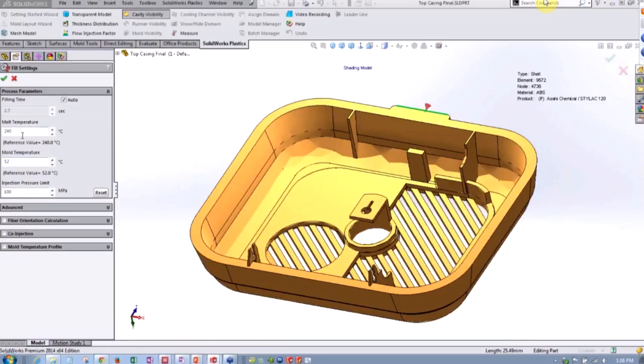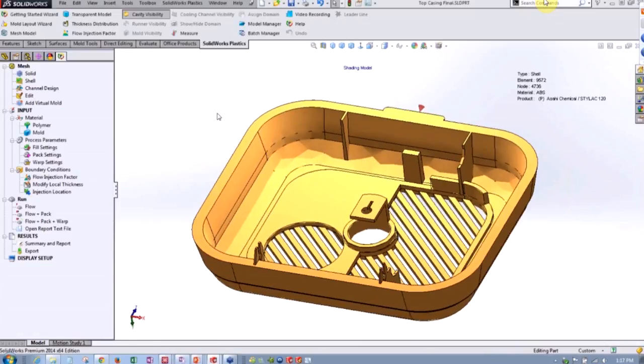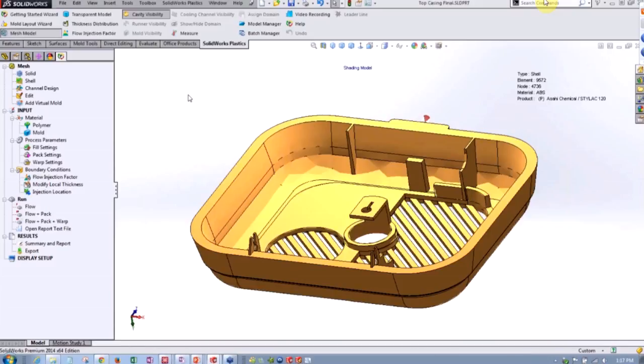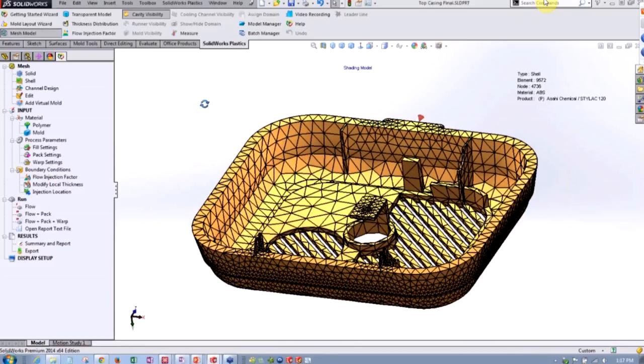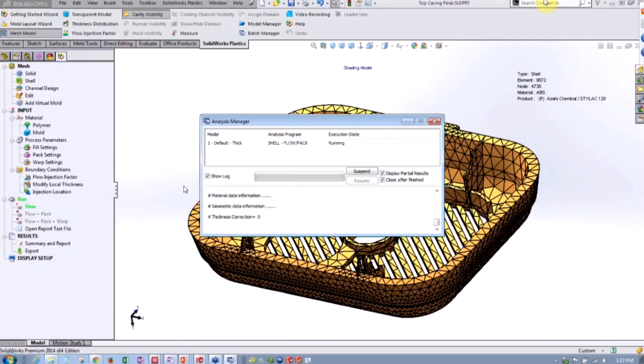The melt temperature is going to be based on the material that's set, and I can uncheck auto and just give it. I know that I'm going to have a 2-second fill time. So I'll go with those basic settings, and that's really all that's needed to run this analysis. Now I'm going to just right-click on Flow, hit Run Analysis,